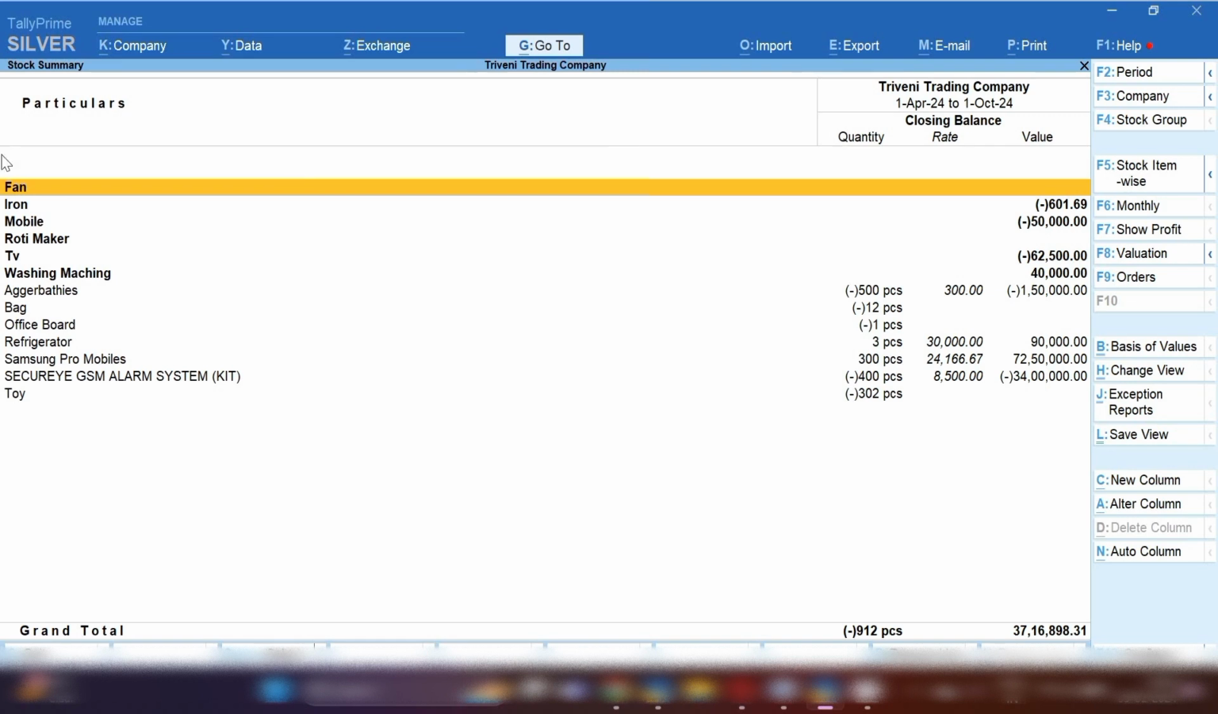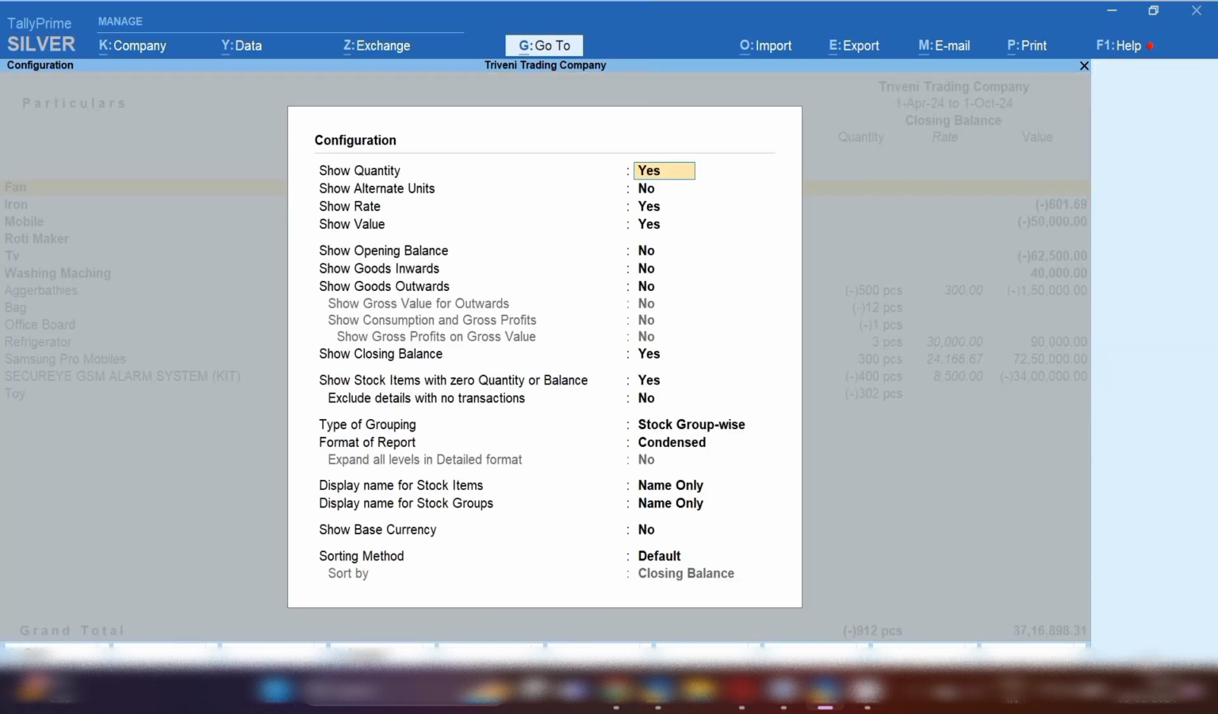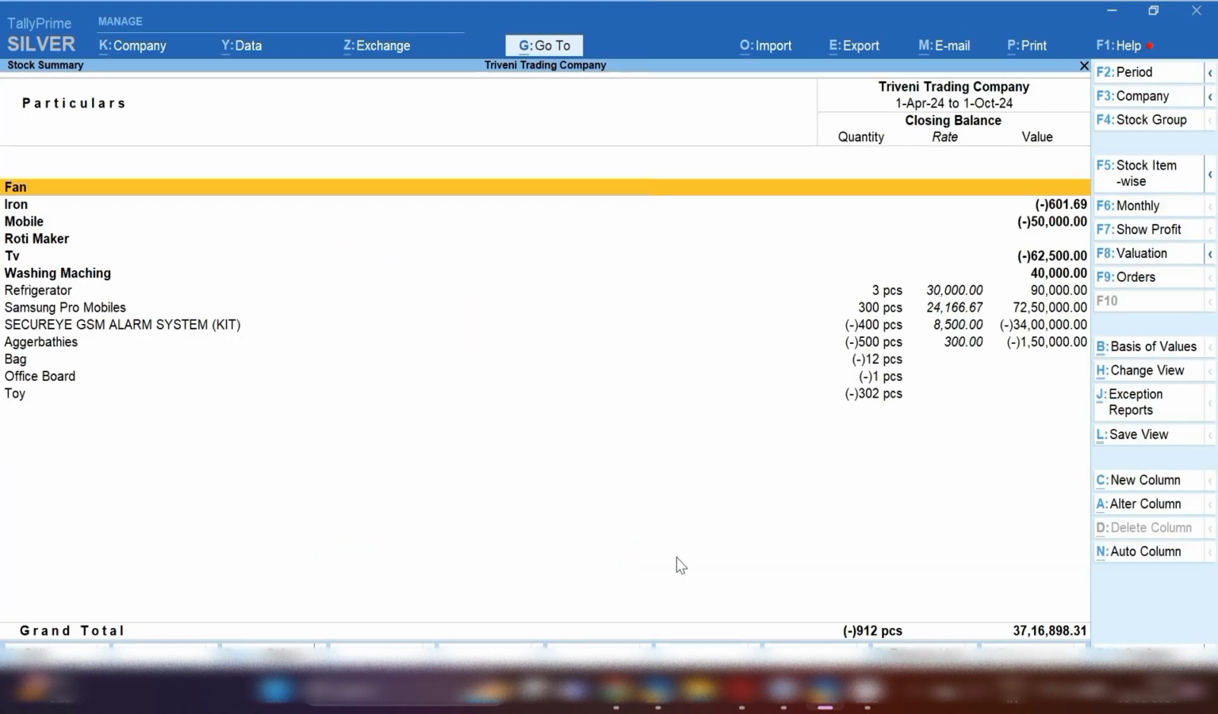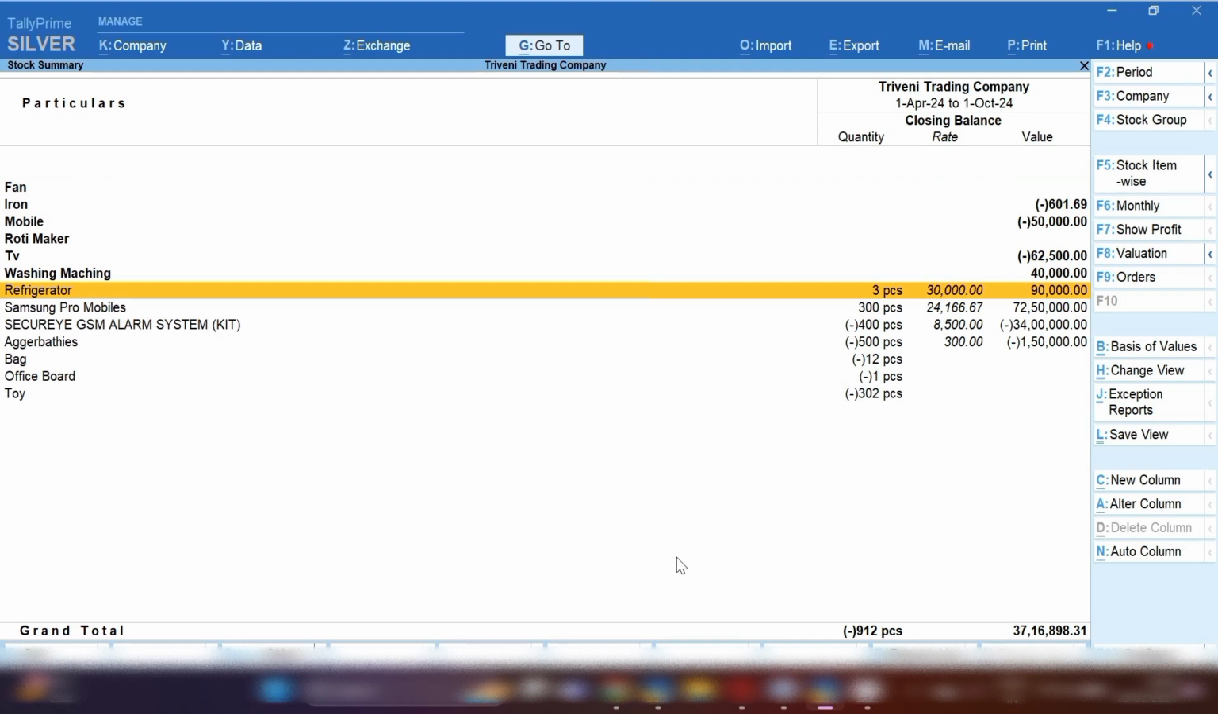Now you can see stock summary has been opened, and you can see all those stock is showing over here. From the right hand side you will see configuration option, actual option, click on that. And in the last there is showing sorting method option, and you can see there is showing two options, rate increasing and rate decreasing. If you want to see most expensive product in company in teleprime, so click on rate